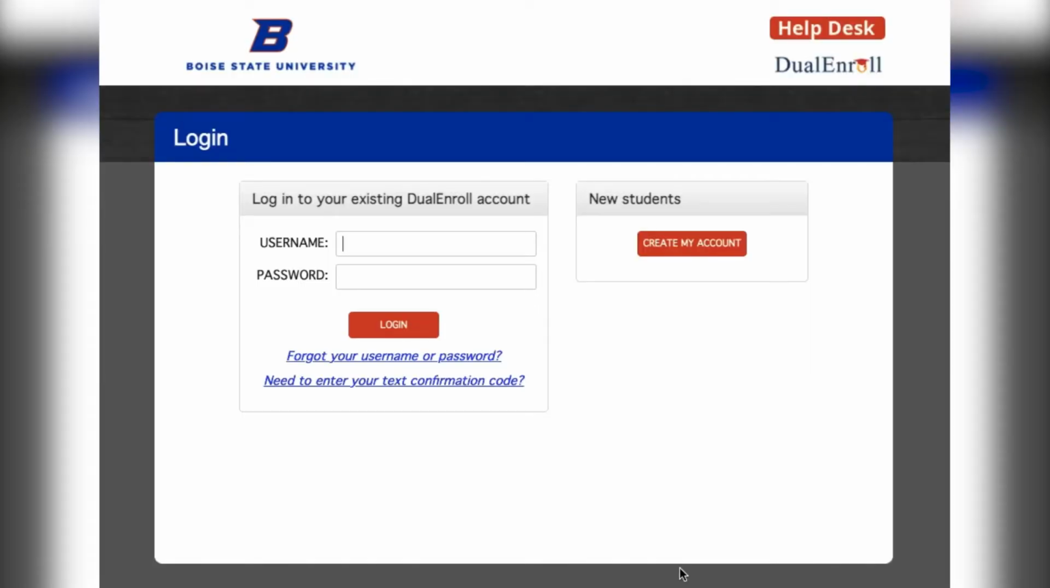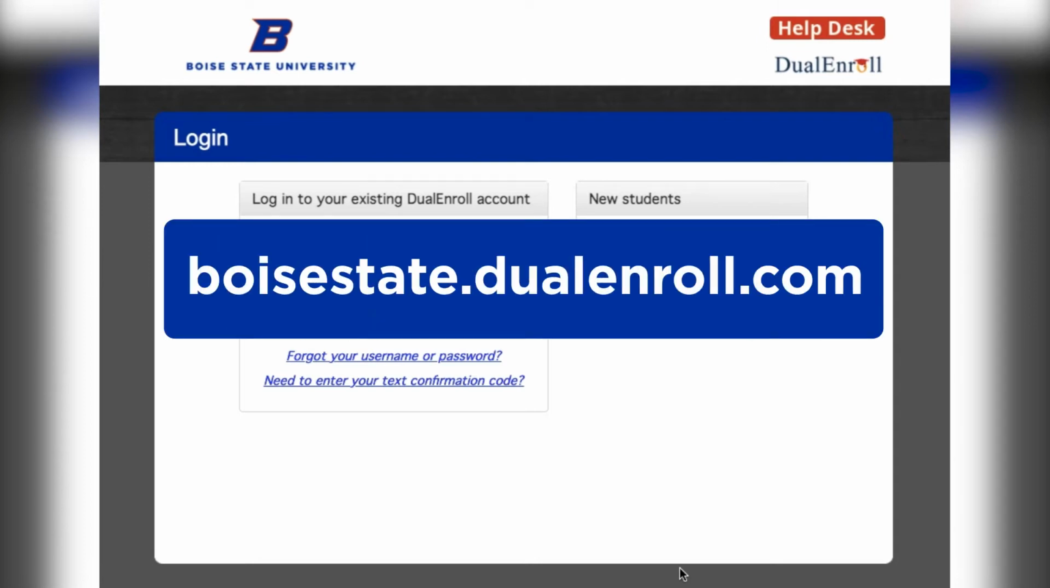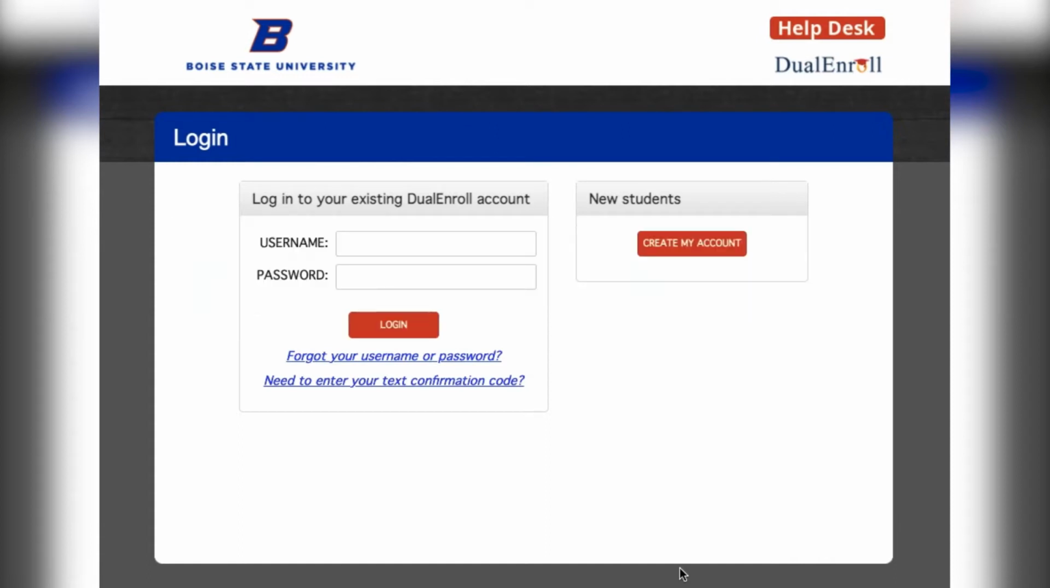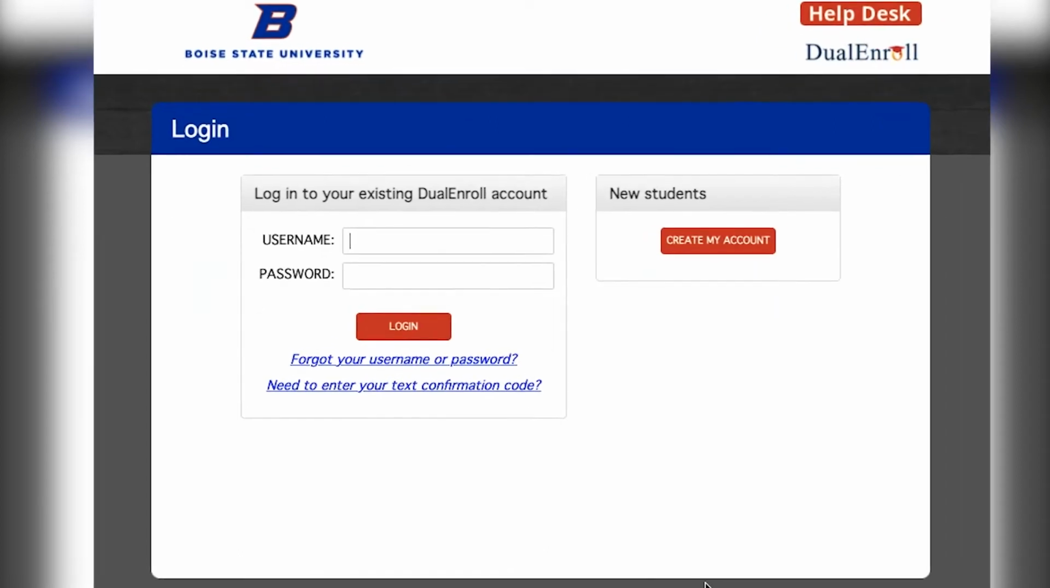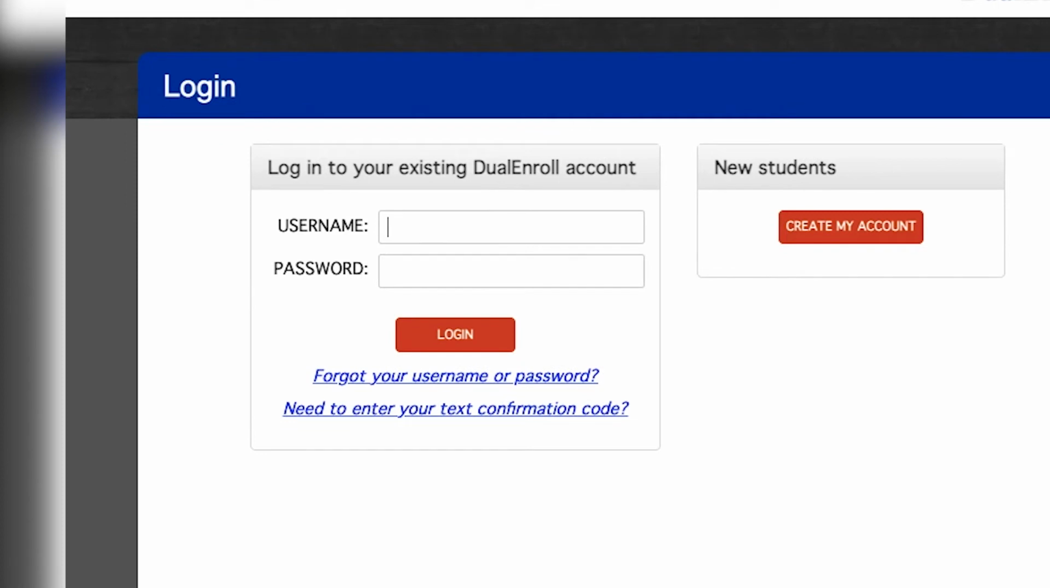To start the registration process, you will need to navigate to the Boise State Concurrent Enrollment portal at boisestate.dualenroll.com. If you have previously registered with Boise State, you can enter your login and password to go directly to the registration page. If you forgot your login information, click on the Forgot Your Username or Password link and follow